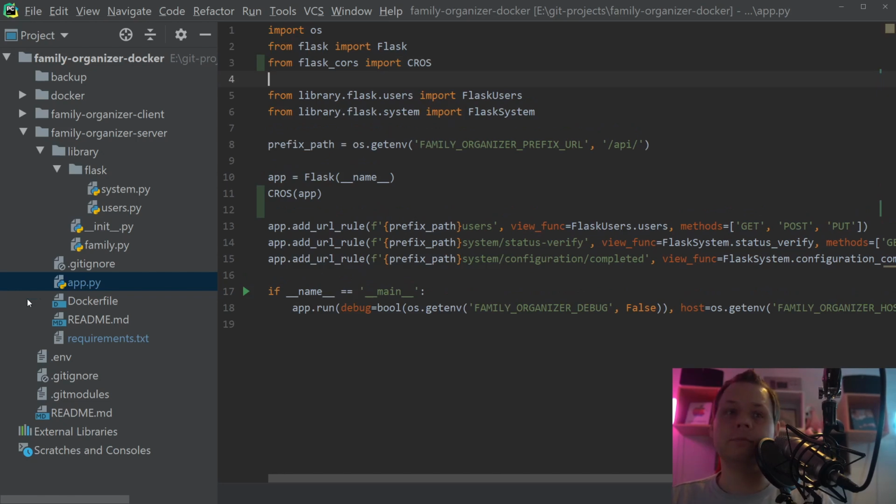That's what we want here. And then we need to set the CORS here. CORS is equal to CORS, and then we need the app,